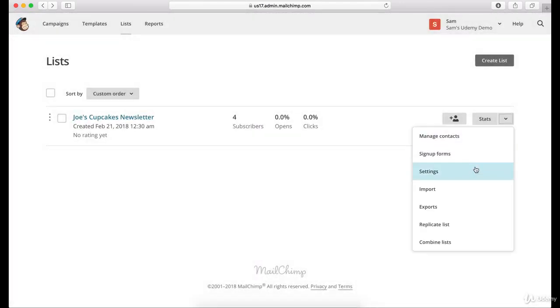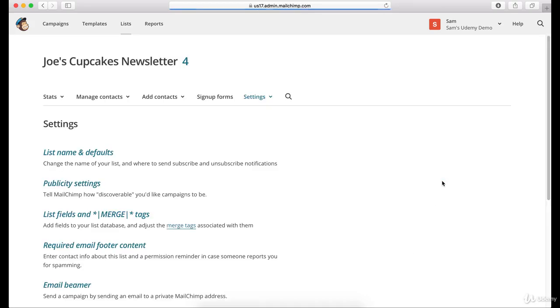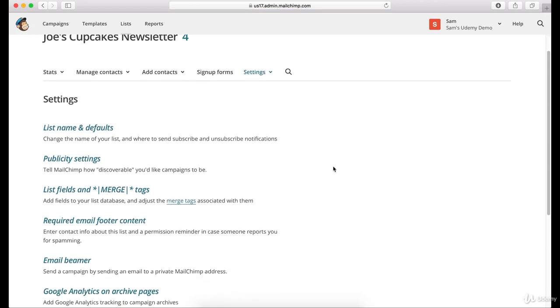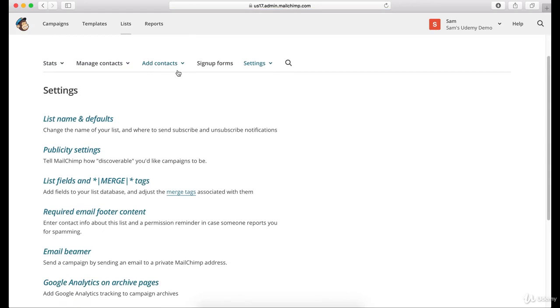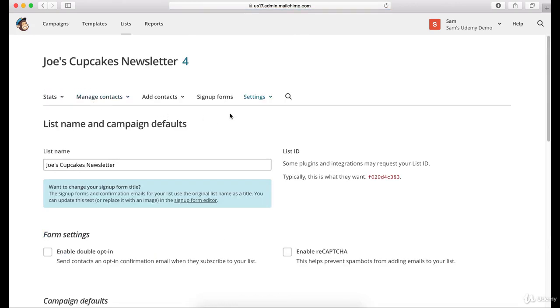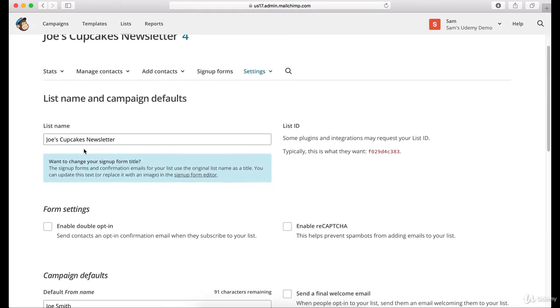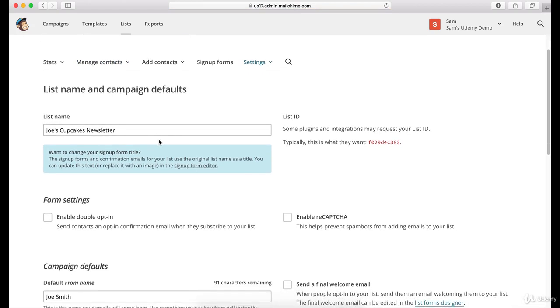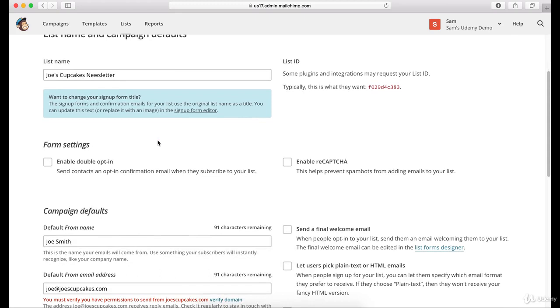Okay, so let's go to settings, come back to this arrow here, and go to settings. And we're going to go through this one by one. So as you can see, again, they have different links up here to help you navigate the site. The first thing is list name and details and defaults. So here you can actually change the name of your list, and you can actually create your form